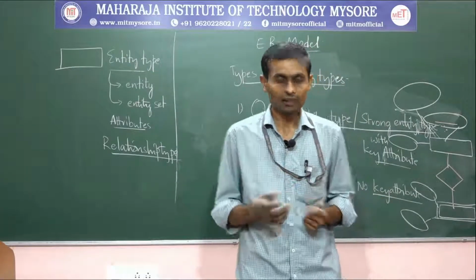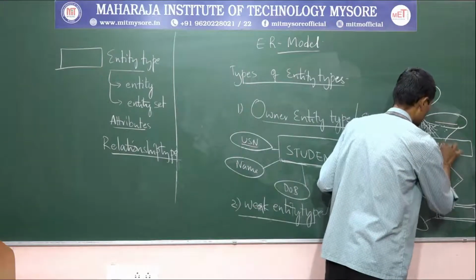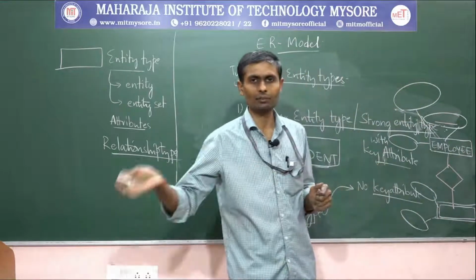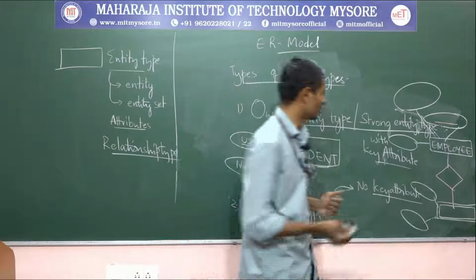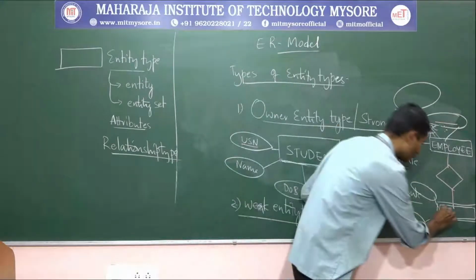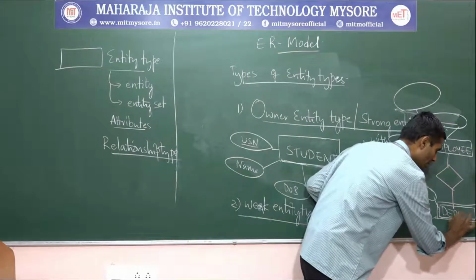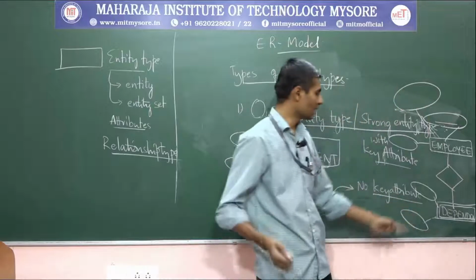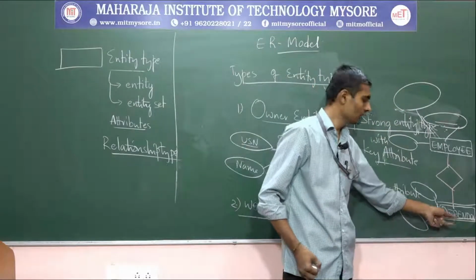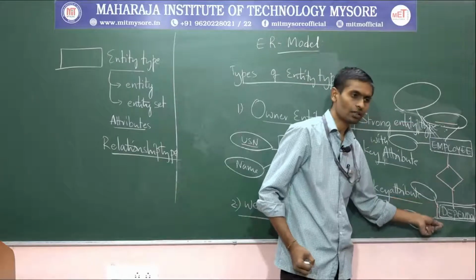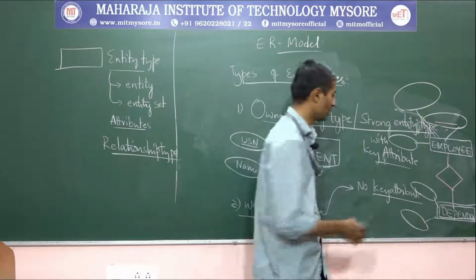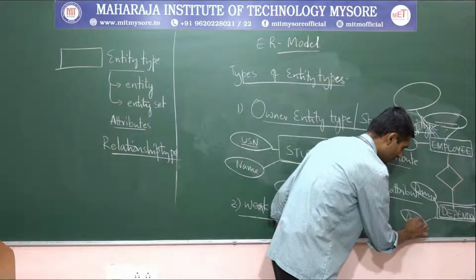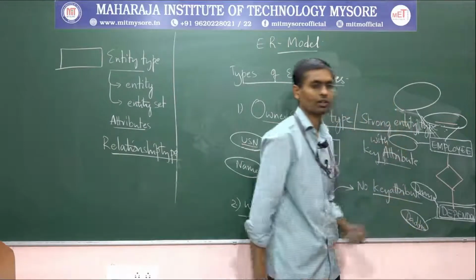But here, guys, we'll take a small example like an employee having a dependent. Let's assume I have an employee entity type. The employee has dependents like father, mother, wife, kids, all such things. They are dependents of this employee. They don't have any identity here, and we cannot identify these dependents uniquely, right? So to identify a dependent instance, what do we require? Let's assume a dependent name and an address, something that is recorded.